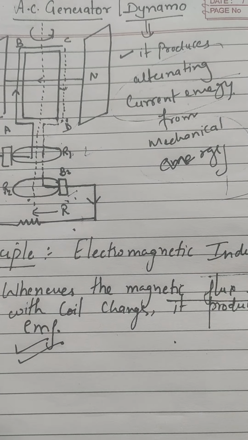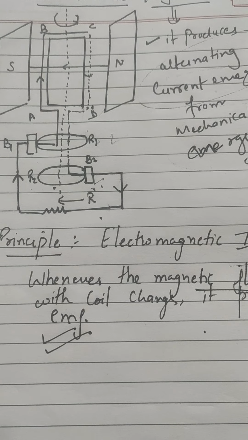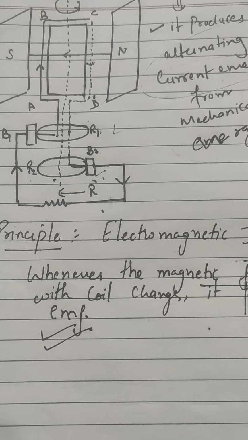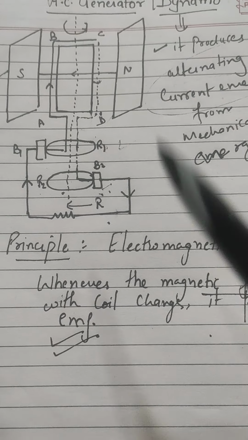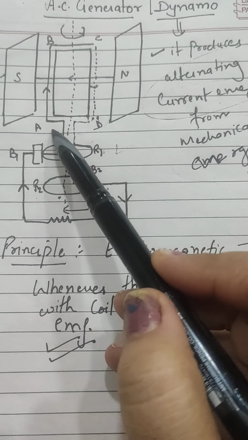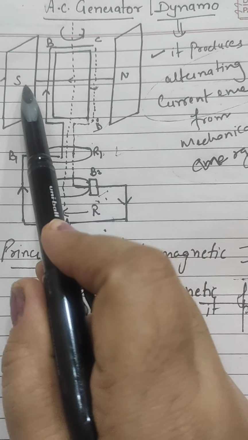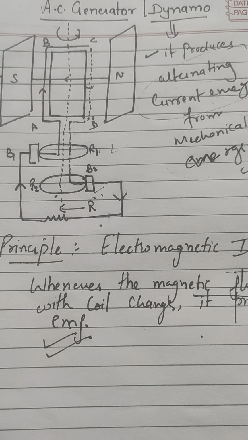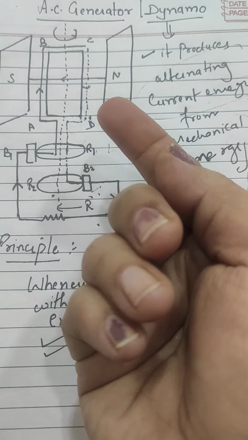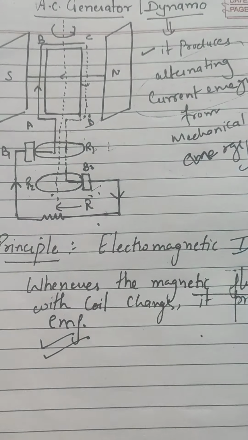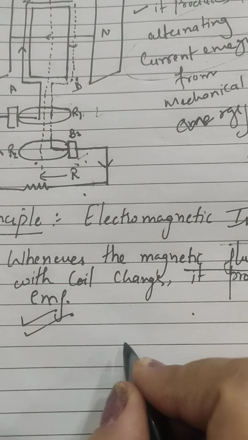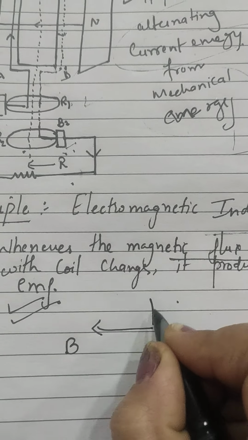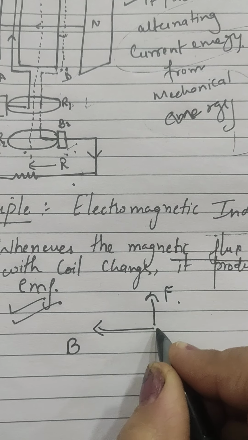Now let us understand what the direction of current should be when the coil rotates. For this case we can use Fleming's right hand rule to find the direction of induced current. In this case the direction of magnetic field is in this direction. The current is moving in the upward direction. The coil is rotating anti-clockwise. Fleming's right hand rule says that if we stretch the fingers of our right hand, if this is the magnetic field, this is the force applied, then the third finger gives you